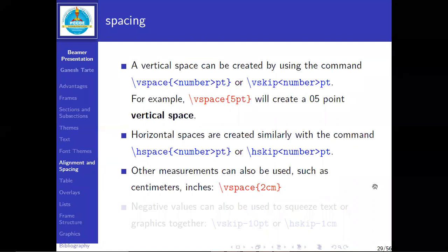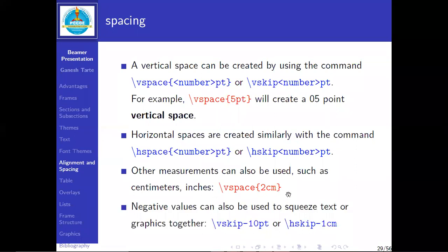Other measurements can be used; instead of pt, we can use centimeters, inches, or millimeters, as shown here. Negative values can also be used to squeeze the distance between text and graphics together. For example, here we have vskip minus 10 points or hskip minus 1 centimeter.